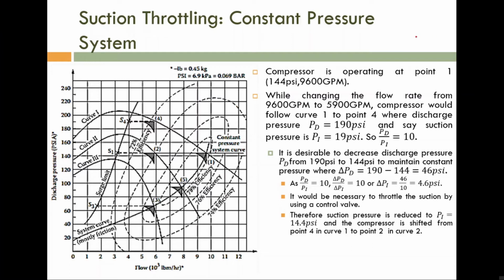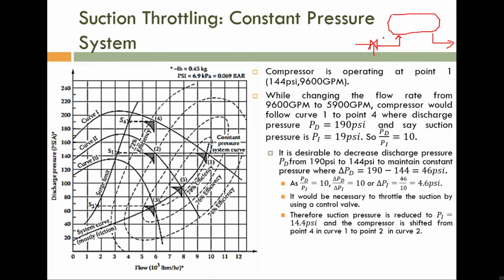Okay. So I told you this is compressor symbol, centrifugal compressor symbol. So this one is the inlet side. This one is a discharge line. So here we are throttling the inlet side. Inlet pressure we are throttling. So this one is a pressure control valve, not flow control valve. This one is a pressure control valve, which is used to throttle the suction line, suction pressure.